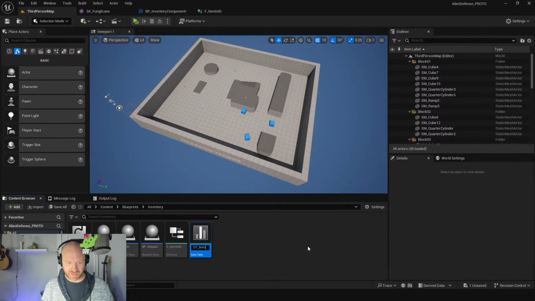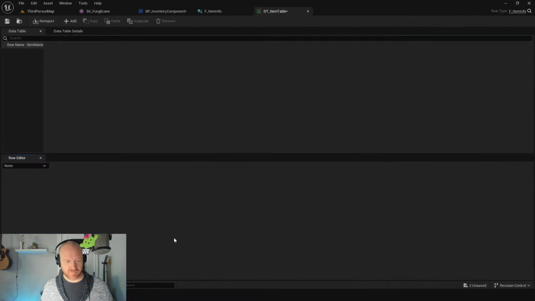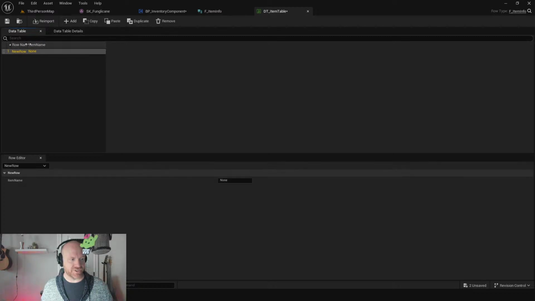DT item table. The reason I like to do this pretty much right off the bat is because I think it helps me visualize what each of these should be called. Like row name, this can be changed to something, and this is ultimately how we would search for information. But we could also